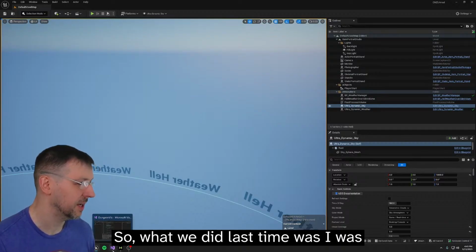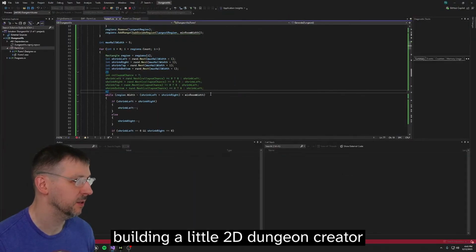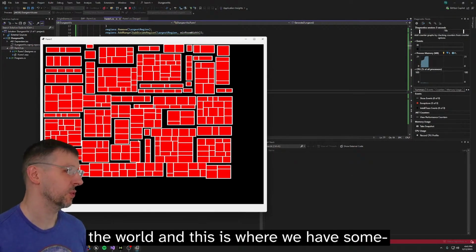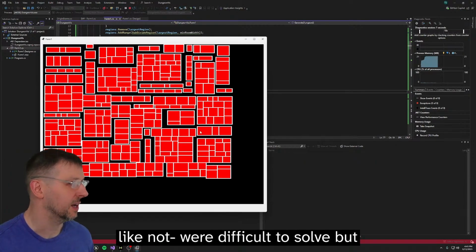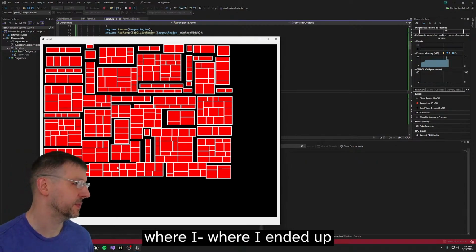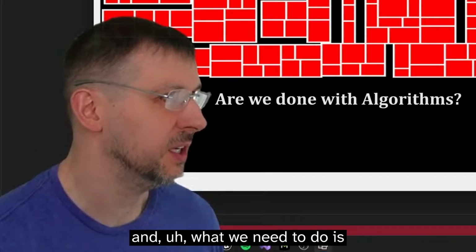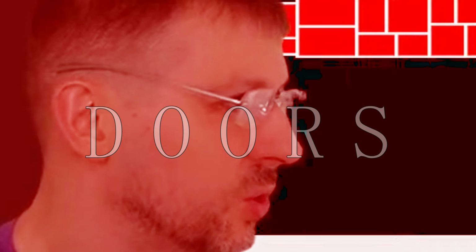What we did last time was I was building a little 2D dungeon creator that I was going to then use to build out the world. I did some work on this where we were left, because there was a bunch of problems that were difficult to solve but not very interesting. But this is kind of where I ended up. And what we need to do is populate the rooms with